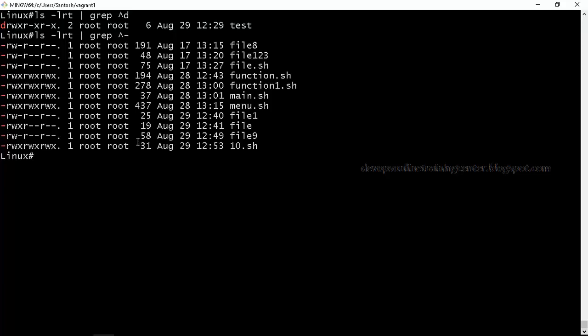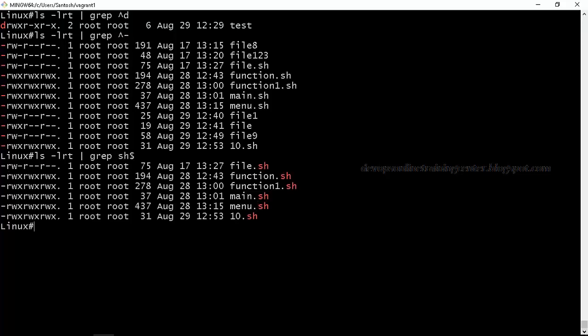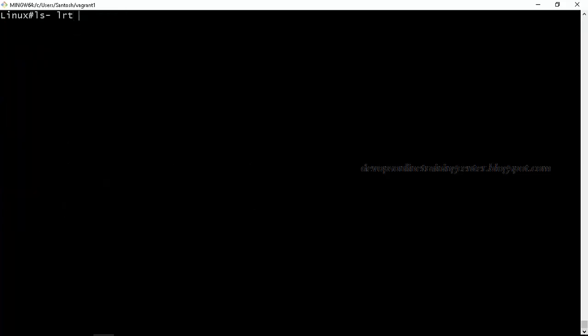Is this clear? So in the same way, I want to match, let us say, the files which are ending with sh. So it will list only files which are ending with sh. Okay. So star is a meta character that will match 0 or more occurrences.